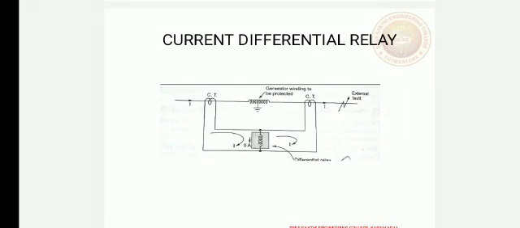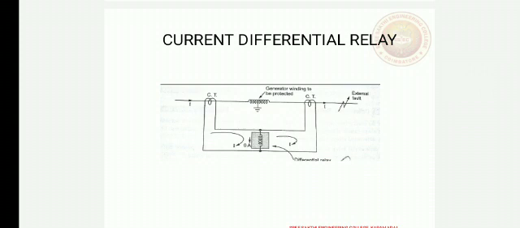Current differential relay. Most of the differential relays are of current differential type. Consider an overcurrent relay connected in the circuit so as to operate the current differential relay. Two current transformers having the same ratio are connected on either side of the section to be protected. The secondaries of the current transformers are connected in series so they carry induced currents in the same direction.